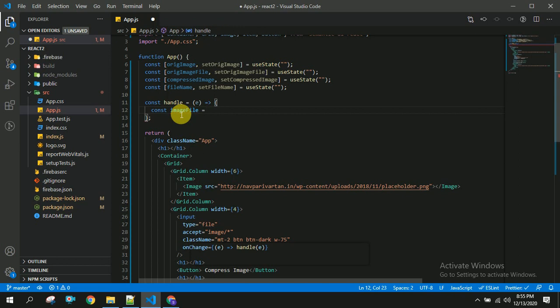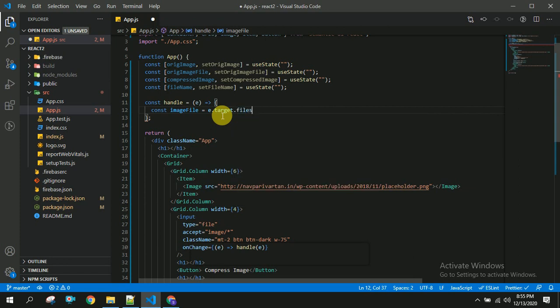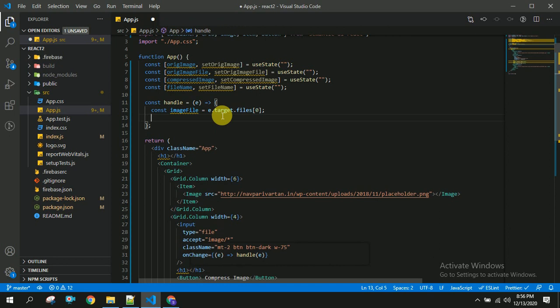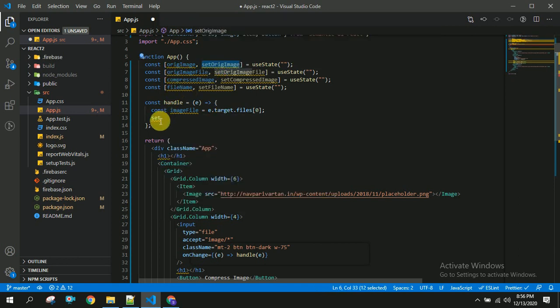In this image file, I am going to take the event we have created here, event.target.files. This files is an array, and from that I am going to select the first one, and this first one consists of the image. So I am going to set this image, set original image of image file.